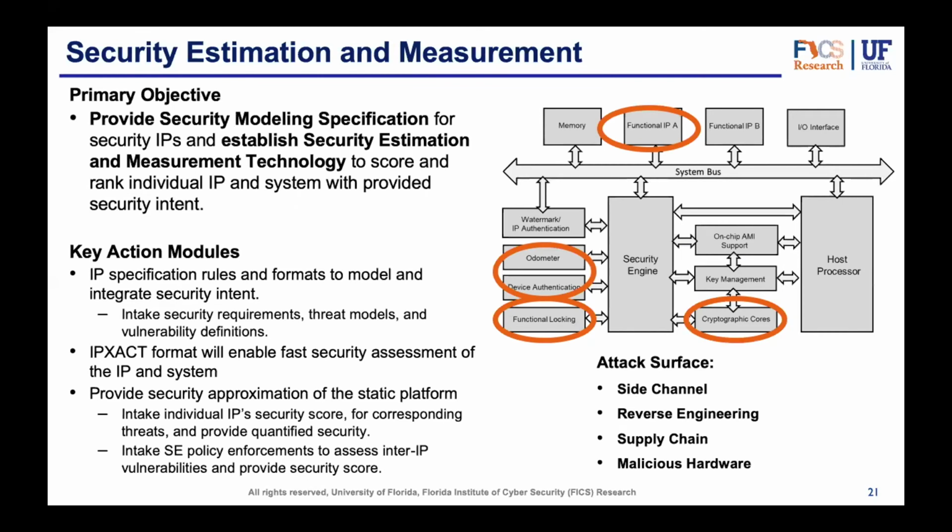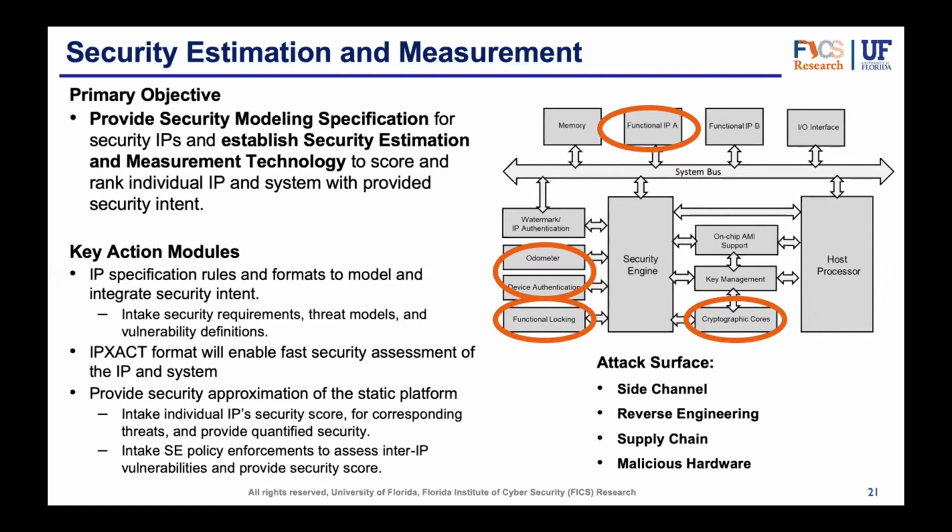Another important task within the group is security estimation and measurement. This is probably one of the least researched tasks, not only within the group, but also within the community, because metrics have been a challenge for the security community for all the good reasons. One is that having consensus on the metrics is difficult, because different groups and different researchers with different skill sets and expertise view metrics differently, right? So it's good to have this sort of community-wide discussion around metrics so that we can have some level of consensus.